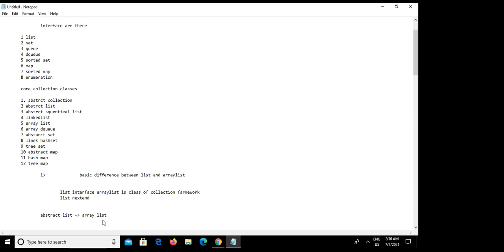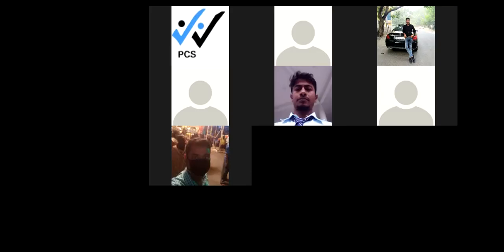Array list abstract is what I was showing here. Yeah, and list extends the collection framework. Fine.